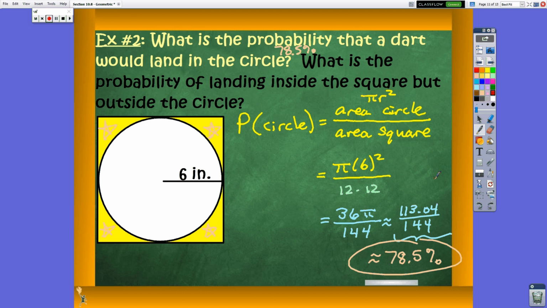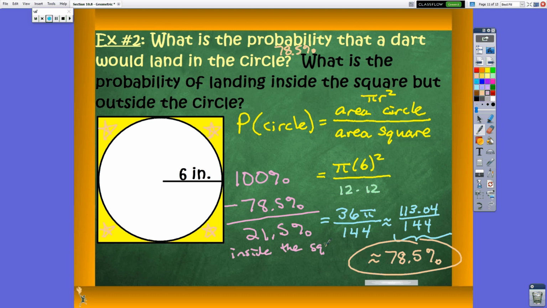100% chance. And so if I take my answer here, if I took the whole 100% and I got rid of the circle probability, then what's left over, 21.5%, must be inside the square, but outside